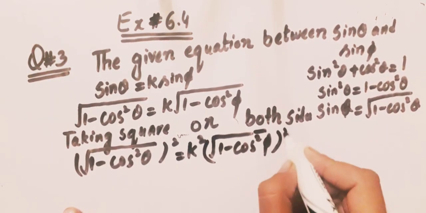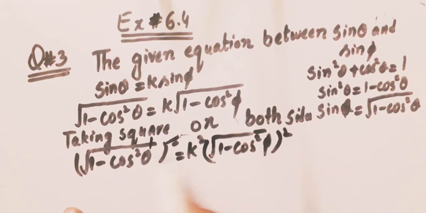Now this square root will be cancelled by this square. So you will get 1 minus cos square theta is equal to